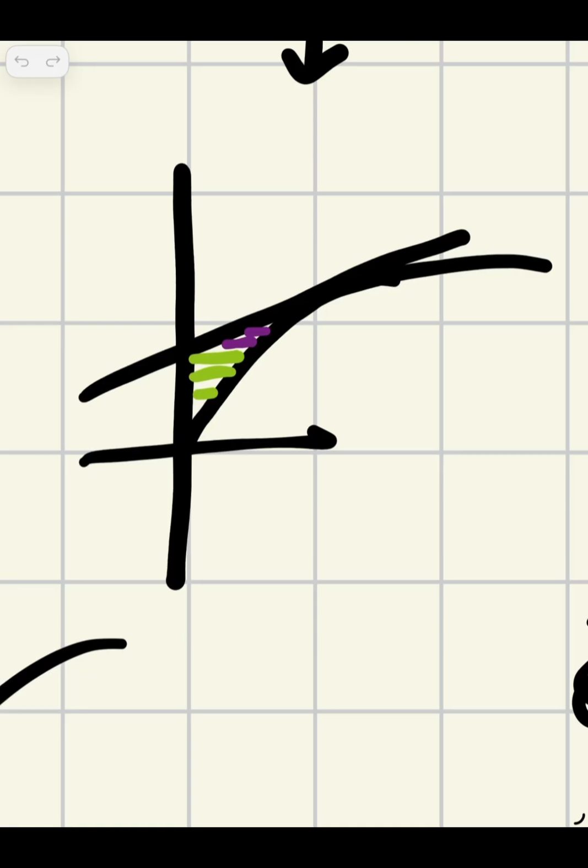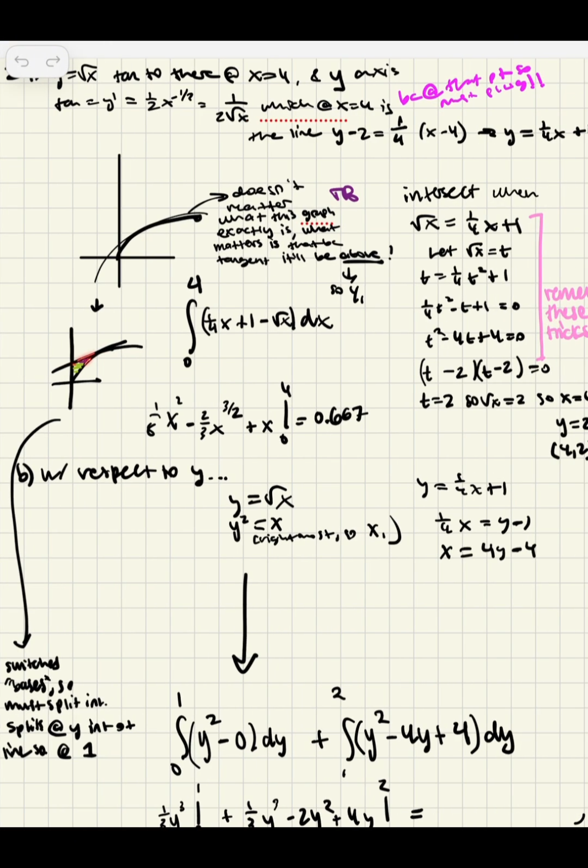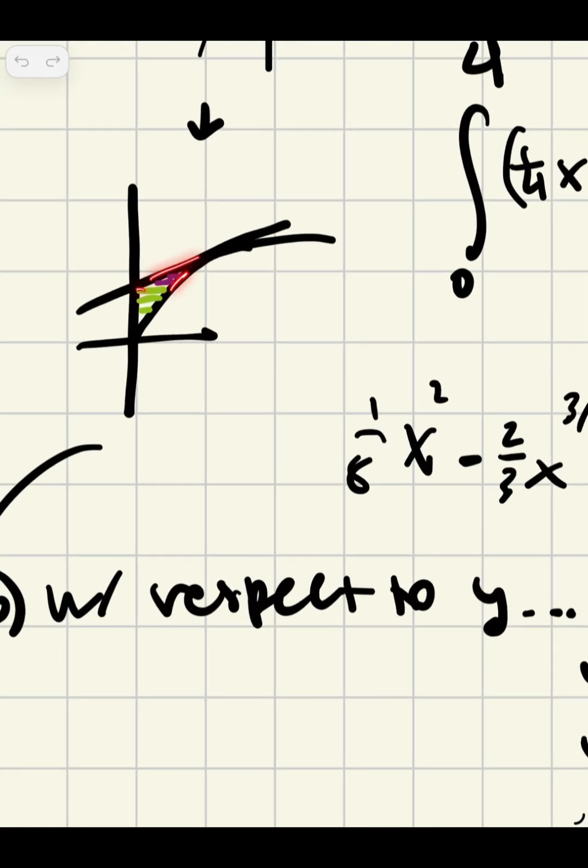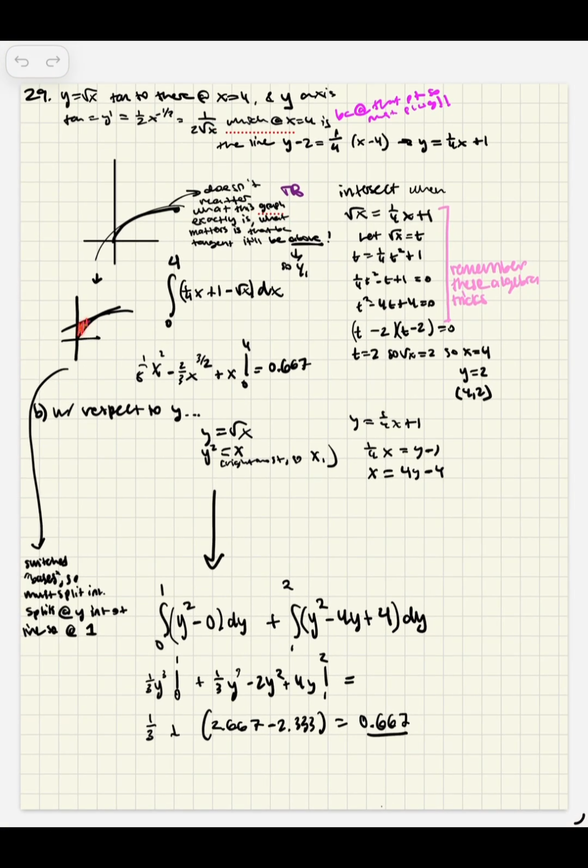because you can only ever work with a pair at once. You can work with this guy, which goes until this point, and then separately you can work with this guy to this guy. So that requires splitting out integrals, which is what makes it harder, because in this case, it would probably be a better idea to integrate in terms of x like this, because then you don't have to split it out. But if you did want to do it that way, or they made you do it that way,